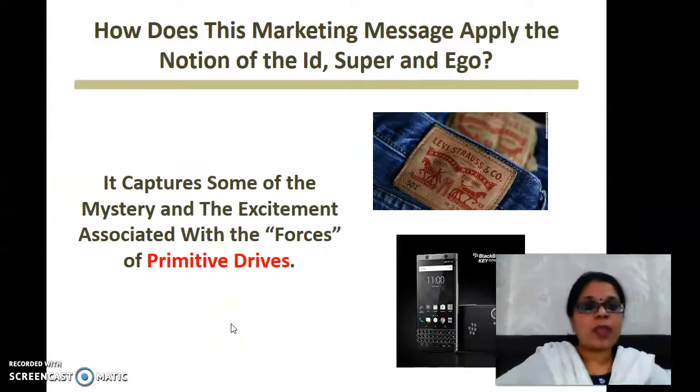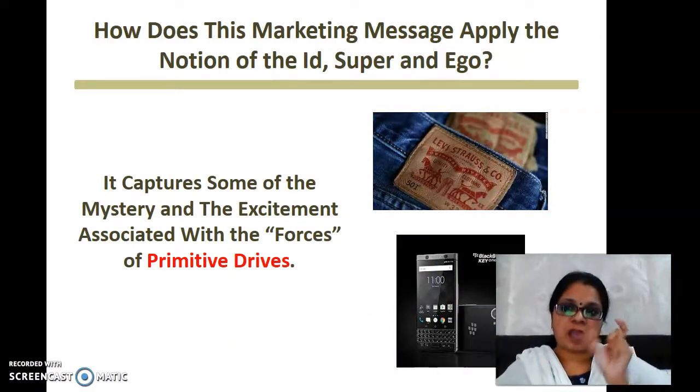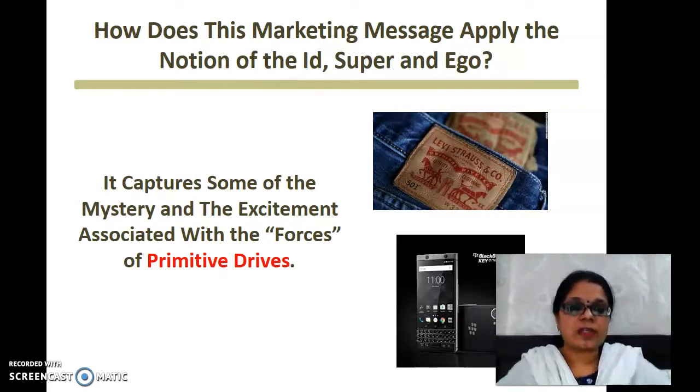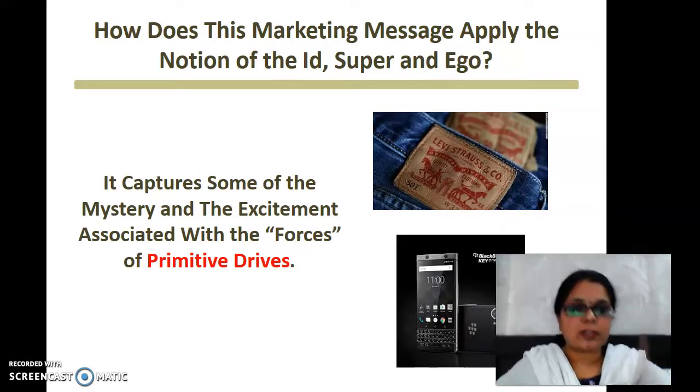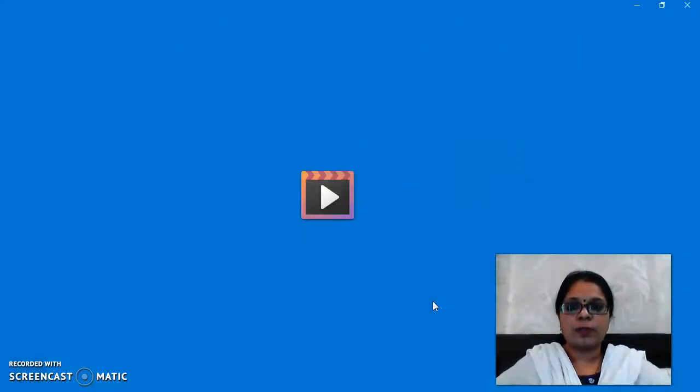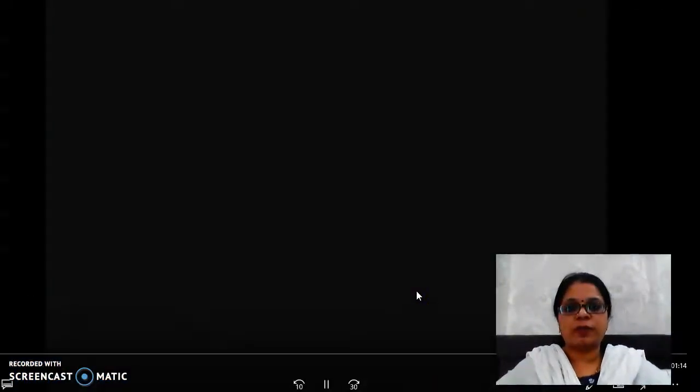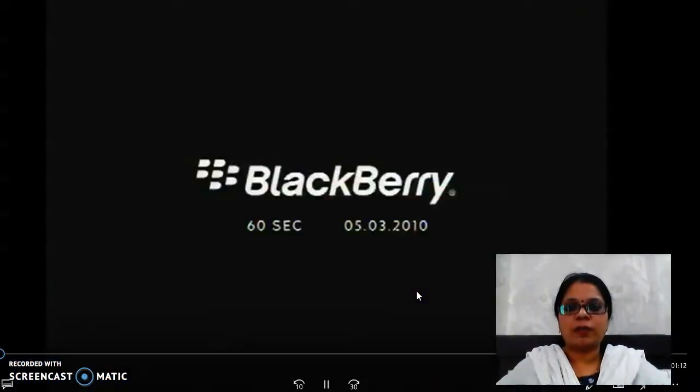Fine. So I think you are able to correlate how in that specific advertisement, Levi's is taking the id factor into consideration while designing an ad for a set of consumers. I'll take you to another very interesting ad, of BlackBerry in the context of the Indian consumer, how they have talked about ego, the balance between id and superego. What is the role of id and superego in catering to the consumer itself? Just see how they have done that.